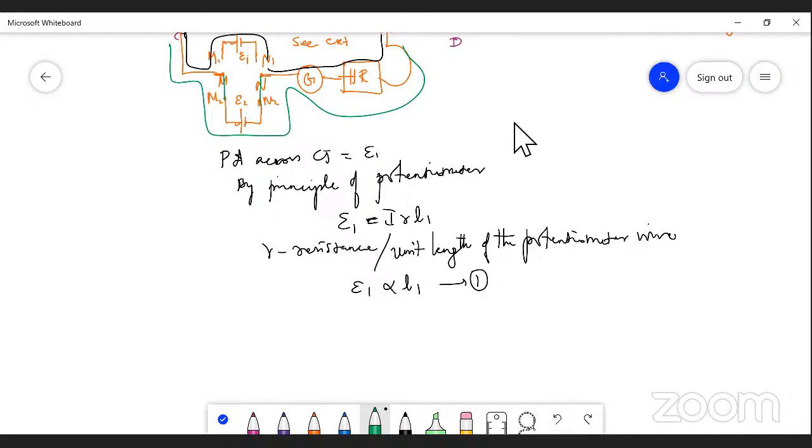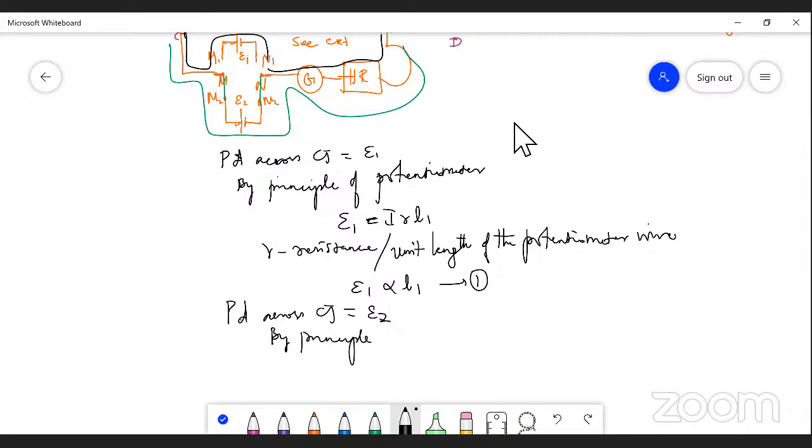Now the same thing has to be done. We have to adjust the position of the jockey over the potentiometer wire, so that at one particular position of the jockey on the potentiometer wire, the galvanometer shows zero deflection, which indicates that the potential difference across CJ is now equal to the EMF of the cell E2. Once again, by the principle of potentiometer,